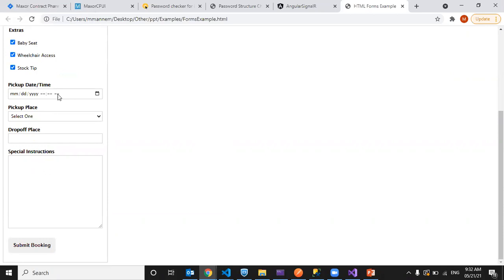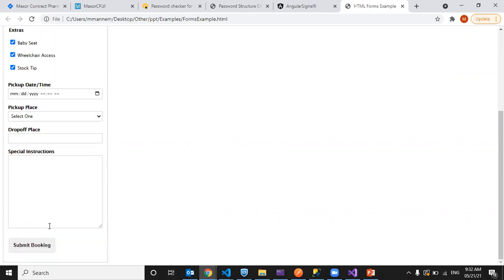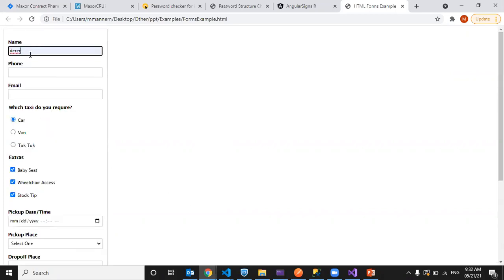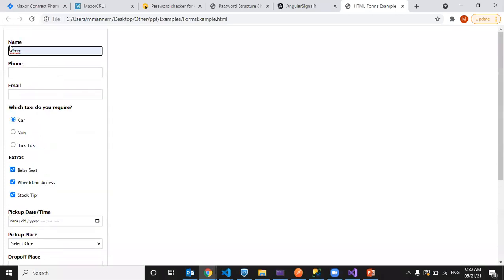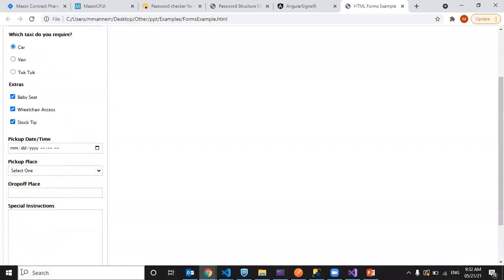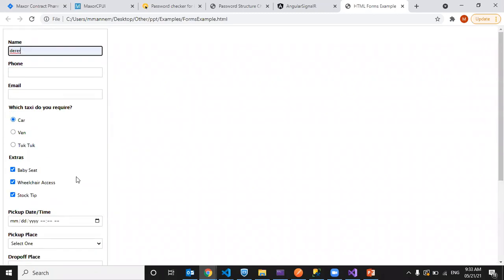So I'm not performing any validations here. What will happen? I'll enter only the name. I don't want to enter all these properties, and I'll click submit. What will happen that time? You need all these properties to confirm a taxi, but if you don't perform validations, and the user clicks submit, you will get partial information, right? To avoid that, we use validations.